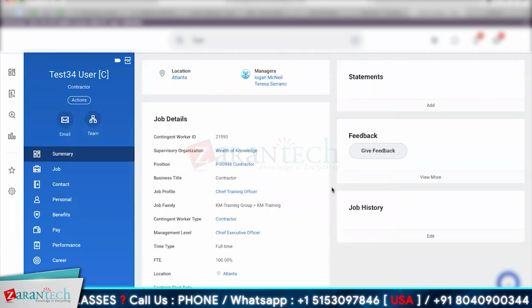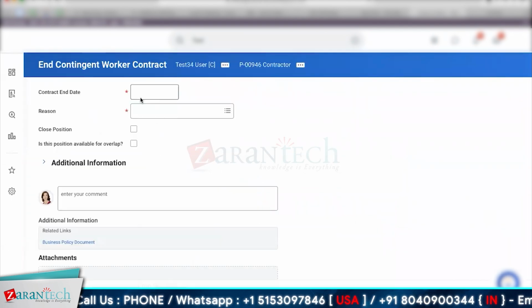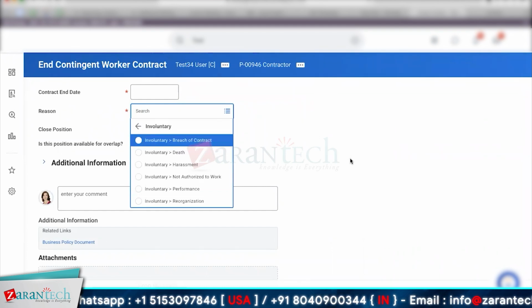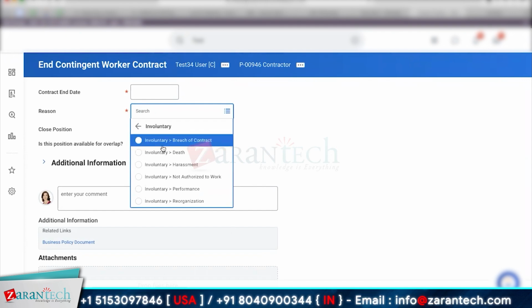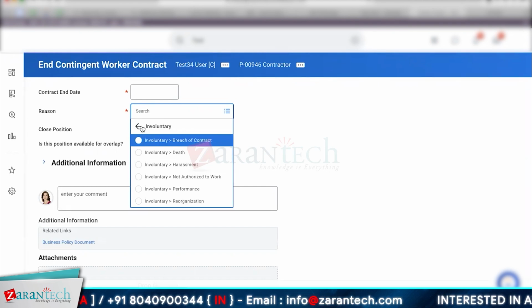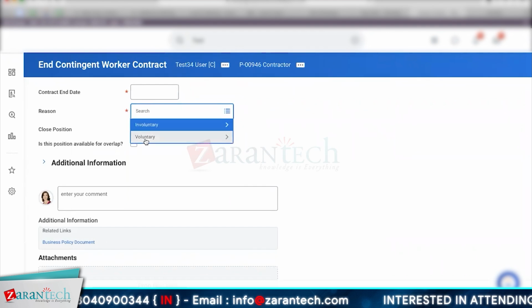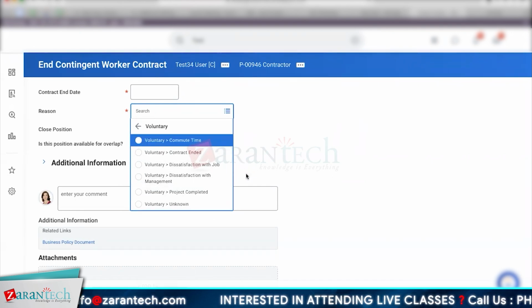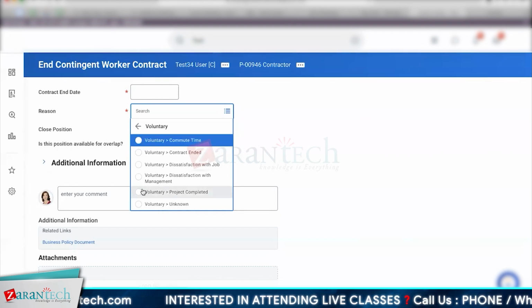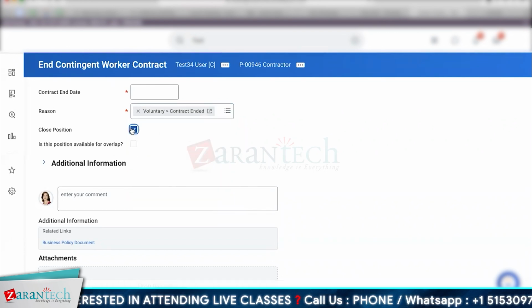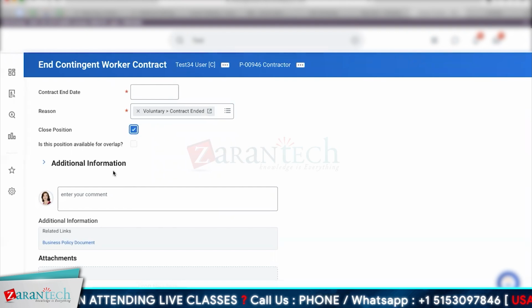Let's say I want to end the contract, then I would enter the reason here why I am ending the contract. If it's involuntary, maybe there must be something not conducive, or something that was not expected, or it can be any other reason. So whatever the reason would be, we would pick the reason and then run the process. Let's say contract ended. If I want to close the position, I would do that. And